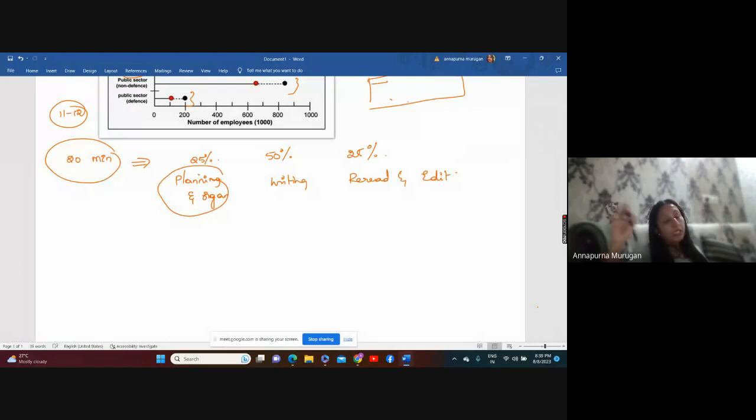Okay. So you need to plan out. Planning is so important that to even know what you need to write in the body paragraph, you need to know what is happening in the graph, isn't it? So you need to plan the ideas, decide in which paragraph what you are writing, and organize the ideas. Okay, so that means 5 minutes time you need to take to do this. So 5 minutes that you need to take.